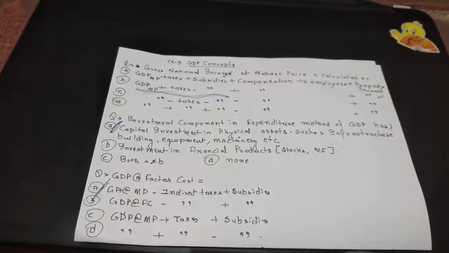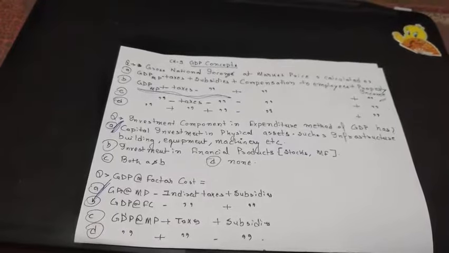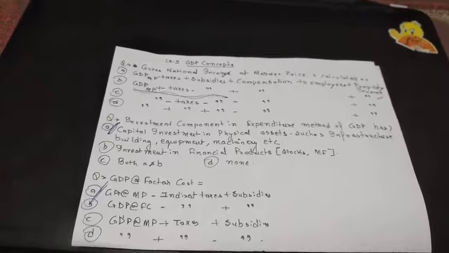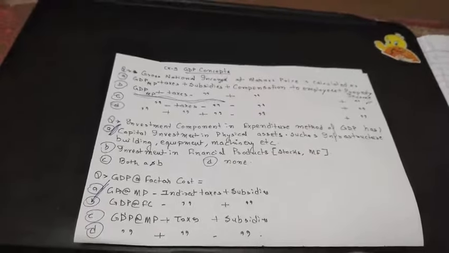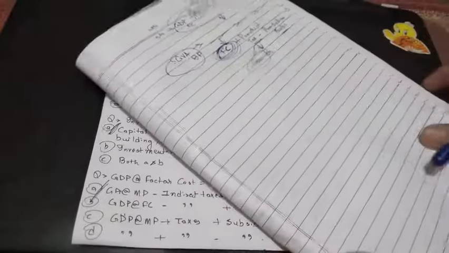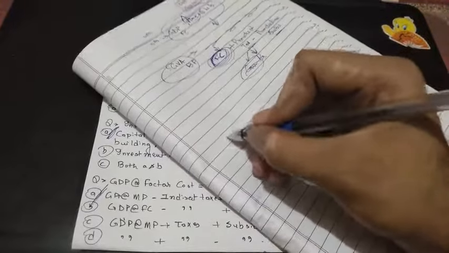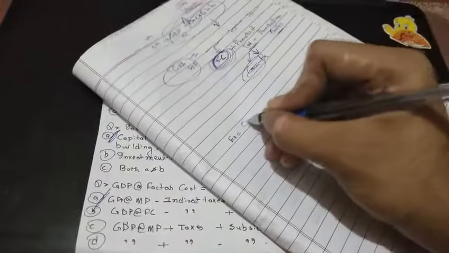One of the most important methods to calculate the GDP is the expenditure method, which our government also uses. The Central Statistics Office uses the expenditure method to calculate the GDP. And we will now see the formula for calculating GDP through the expenditure method. The formula is